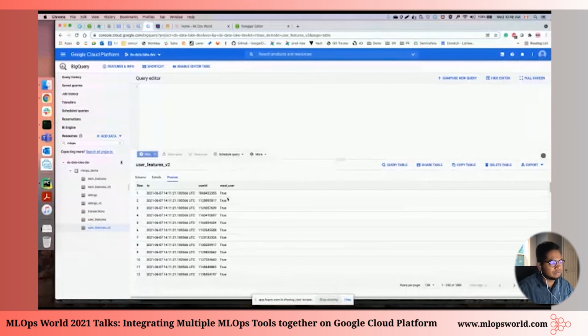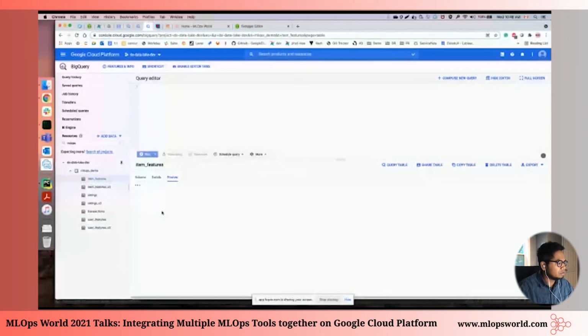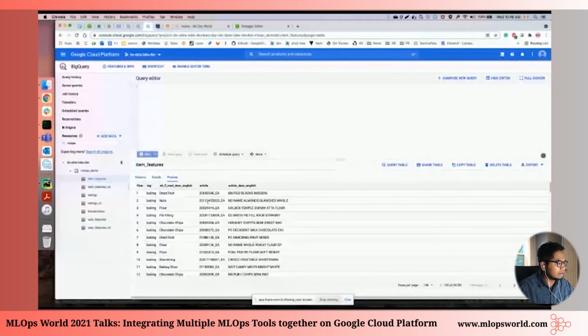It represents if the user has purchased meat products from our grocery store. And then we have the item features. Item features include things like the category of the item or some tag, such as baking in this case. So these are the data sets, and we train the model from one of our stores and use some data